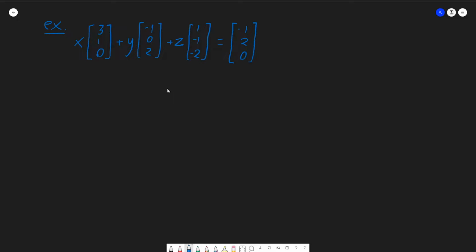Alright, welcome back. So in this video we're just going to be doing some examples solving linear systems as matrices. But remember, linear systems are, in linear algebra, motivated by the question of finding the scalars that make a linear combination of a certain set of vectors, in this case (3, 1, 0), (-1, 0, 2), and (1, -2), equal to a certain desired result vector, which in this case is (-1, 2, 0). So what scalars x, y, and z make this linear combination on the left equal to this vector on the right? Well, if you recall, the first thing that we do is we write this as a system in matrix